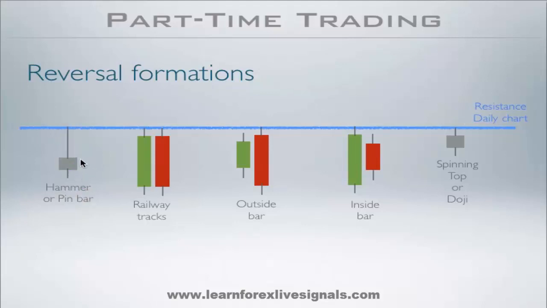Okay, that's why I say the key element of a hammer formation is that long nose, which has got to be at least twice as long as the rest of the body and the small candle combined. It's the number one characteristic: a long nose to one side, a small body and a small lower wick to the other side. So if you find this type of formation, one individual candle with a long nose touching right to the pip,